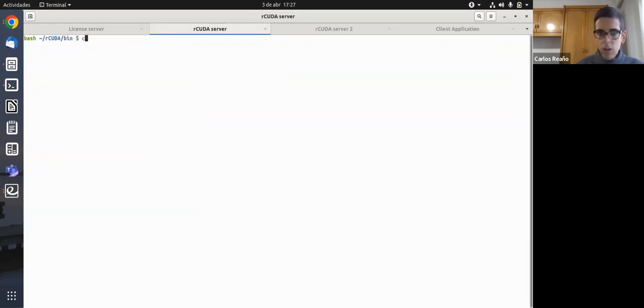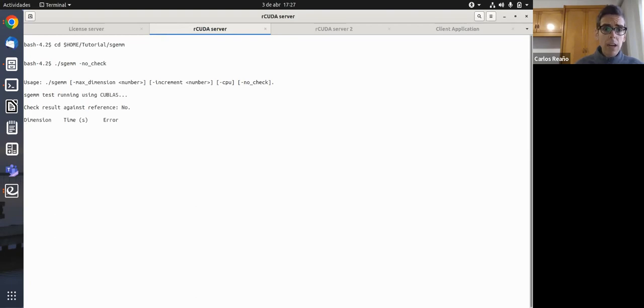And instead of using rCUDA, I'm going to run here in the server, in the same place where we have been running the application from the client side, the CUDA application. So I'm going to run the same test I have just run with rCUDA, but with CUDA, with a local GPU, with native CUDA. We go to the same path, we run the same command.